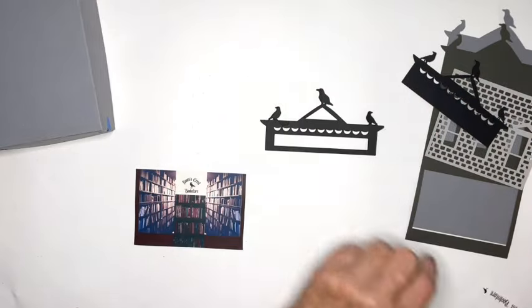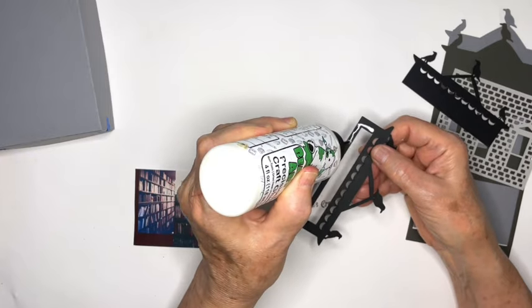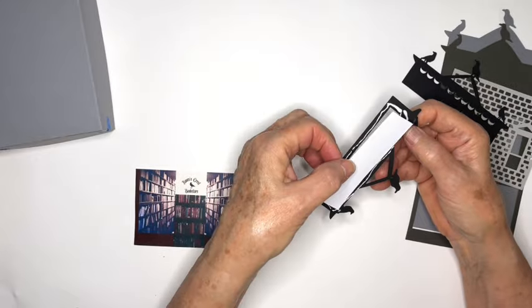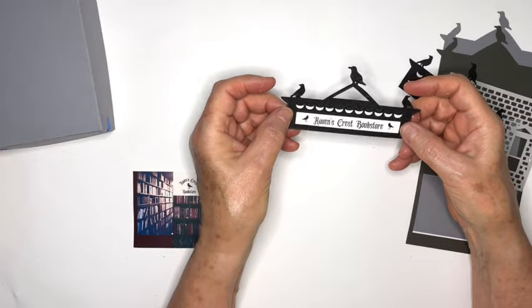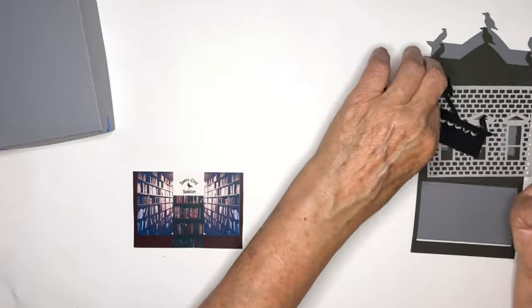Let's glue down the name. Just going to apply glue around the edge where the bookstore name goes and a little bit up here. And I'm going to lightly put it down so I can kind of slide it if I need to make it straight. There, that looks good. And now I'm going to glue a background piece just for